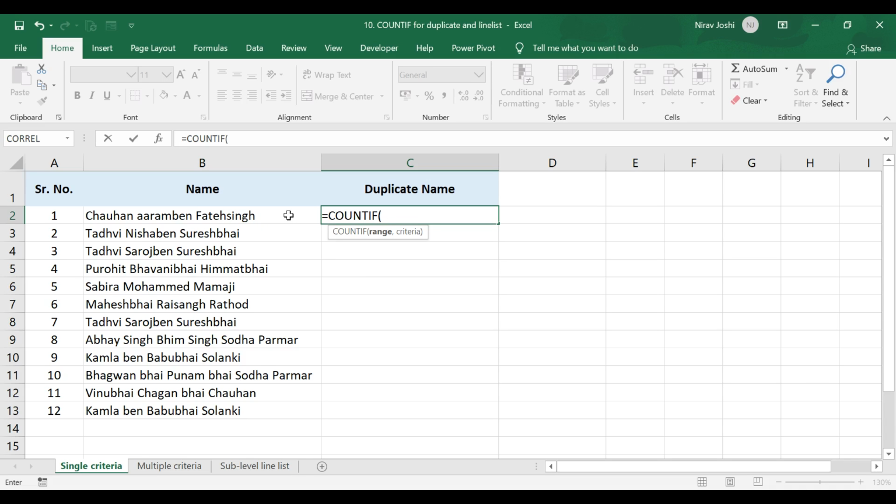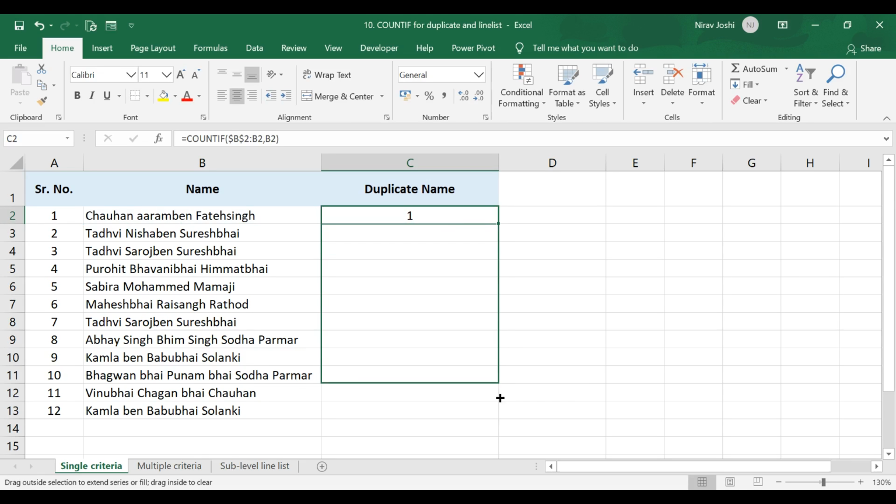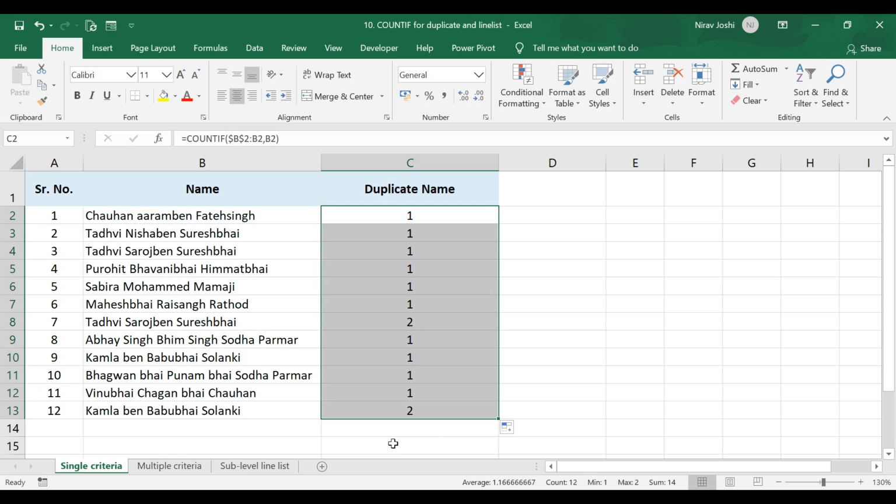So we will select the first cell, colon, the same cell again, and we will fix the first cell of this range by using the dollar sign or the function key F4. As the criteria we would apply the same cell, complete the parenthesis, press enter. Now we will drag this formula downwards.